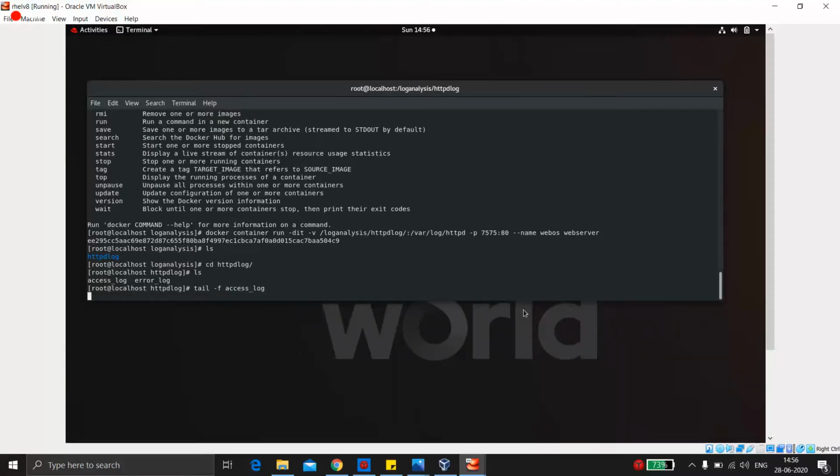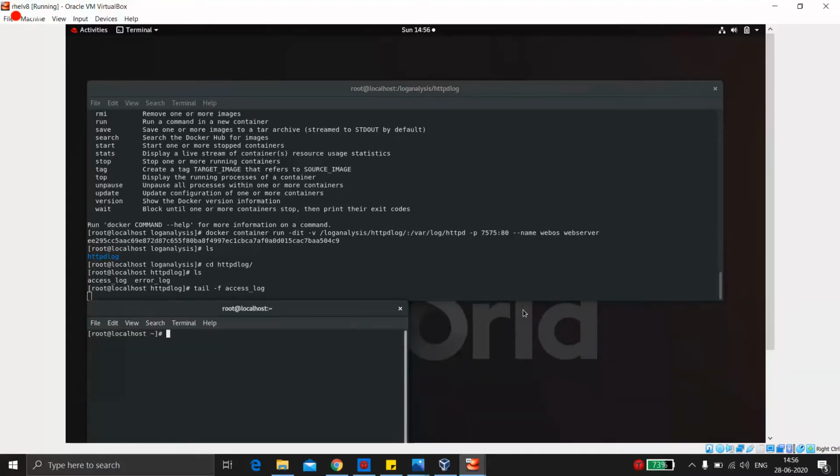So if you want to see in real time how many requests are coming or who is connecting to it, we can just make a usual curl command to it. So let me show you how to make a curl command. Curl is just a tool or command to make requests to websites through the terminal. So we'll normally do just curl IP where we have hosted it.